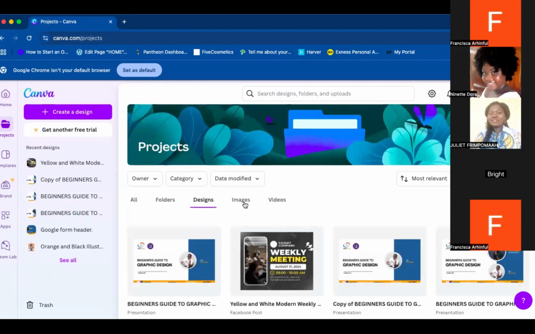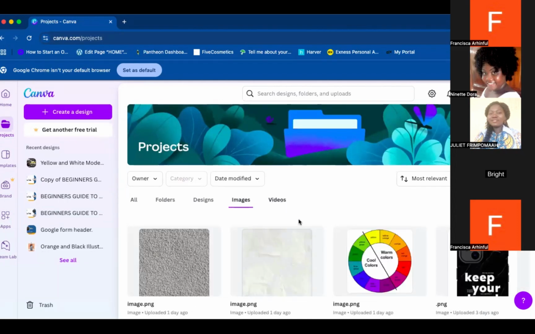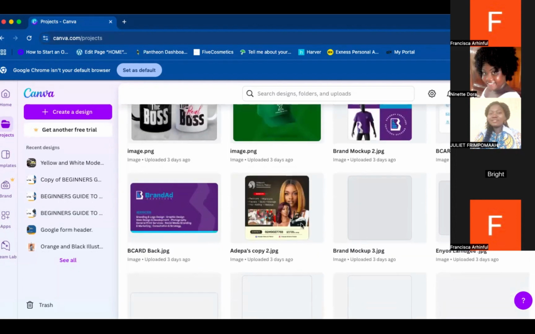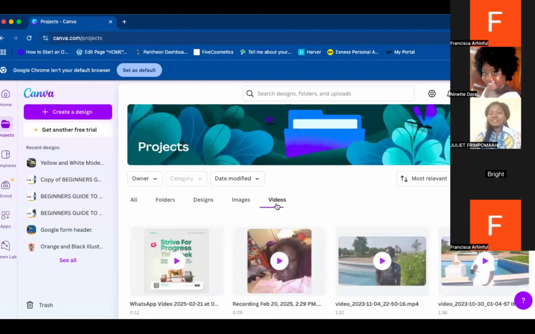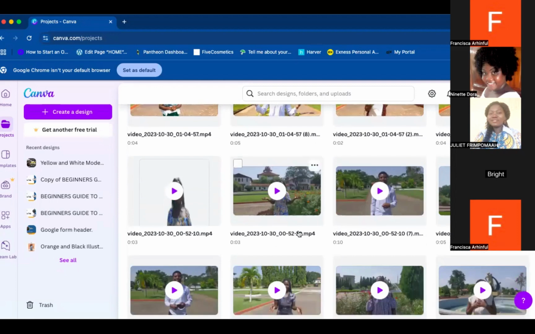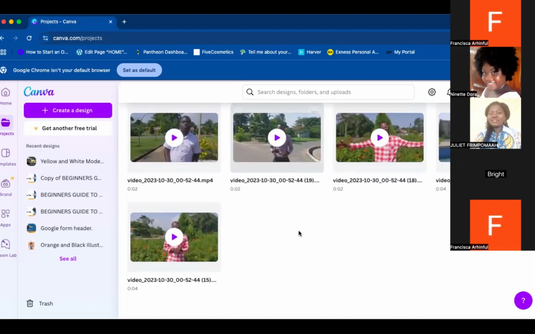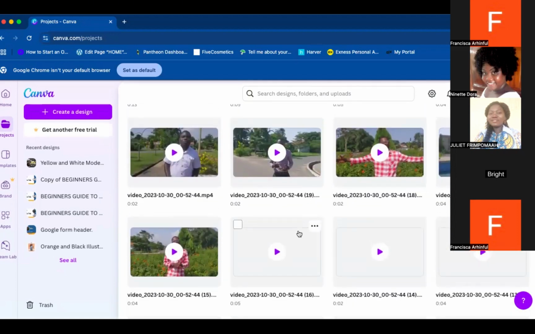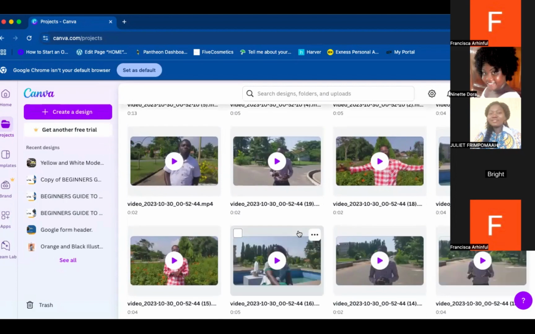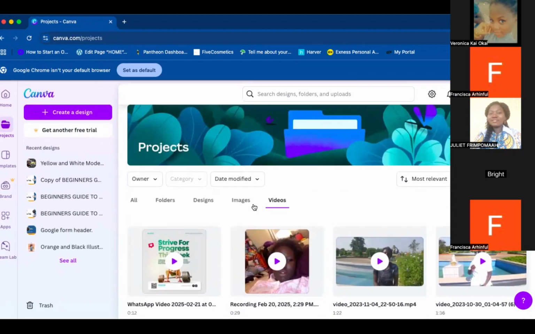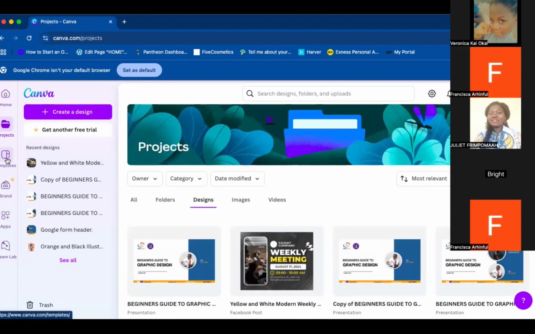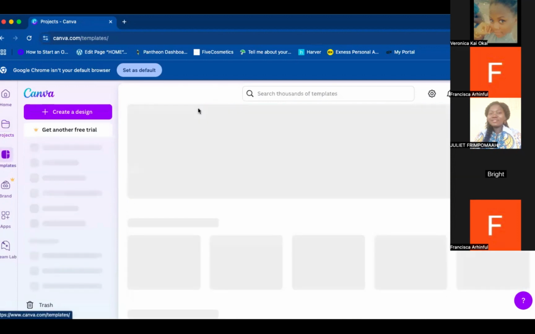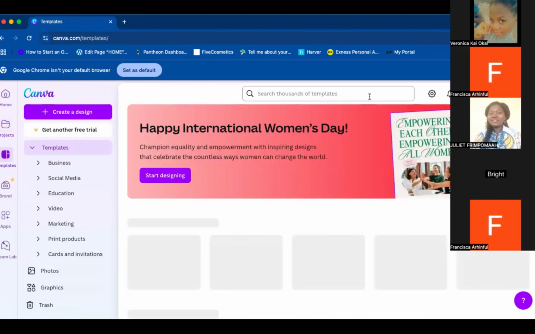And then you can see images, and then you can see videos. So some of the images I've used in my design, those are here, and then videos that I've used in my design too are here. I think this was for church projects that I worked on for our pastor's birthday. So that will be all for this side. And then we can see templates here. So if you click on template, instead of searching for it at the top here,